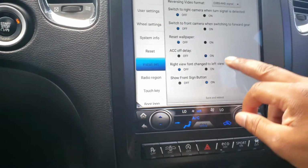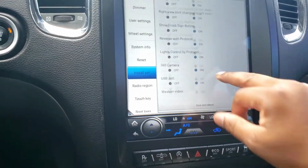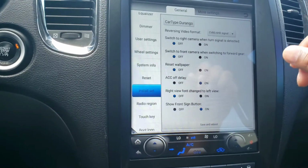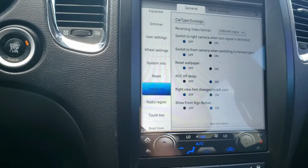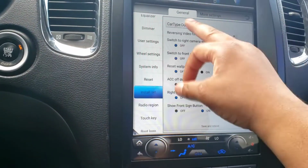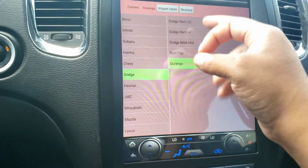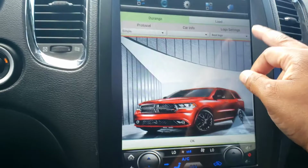And from here, where is it? You want to scroll down. Matter of fact, it's not in here, but you could do a lot of different things in here as well. I'm going to show you guys how you can change the thing, but in here there's a bunch of different things that you could do as well, like the car type. Mine is on Durango. Depending on what car you got, this gives you a lot of different features. This is also how you change